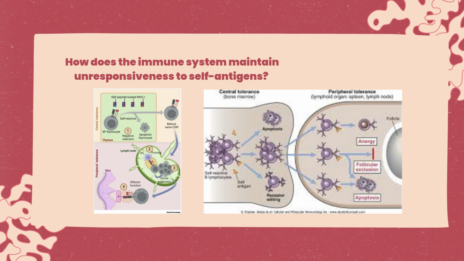So, how does the immune system maintain unresponsiveness to self antigens? The main thing involved in unresponsiveness in the immune system is tolerance, more specifically, central tolerance and peripheral tolerance. Central tolerance happens in the bone marrow and thymus. They will undergo negative selection to see if the antigens aren't too self reactive. They will mature and enter the bloodstream, allowing for the body to combat infections without the worry of an overreaction